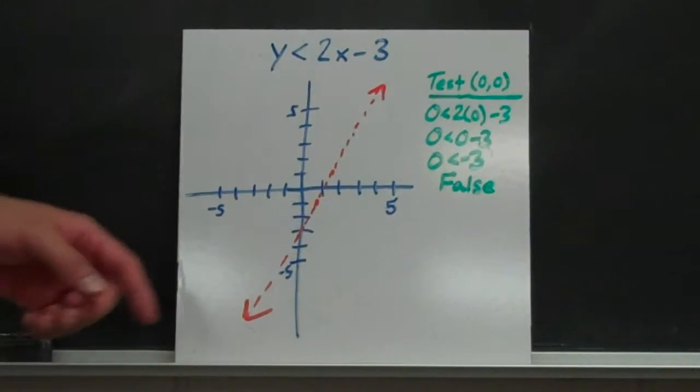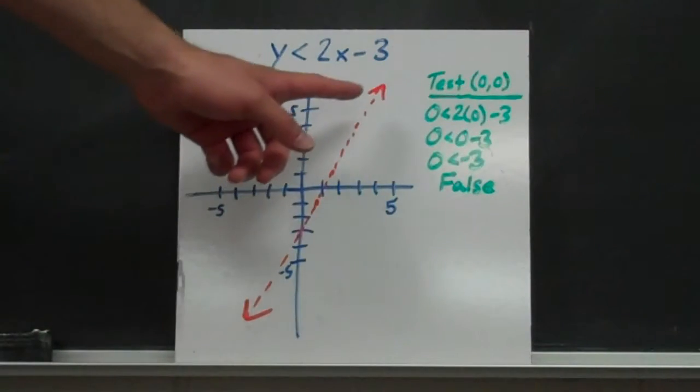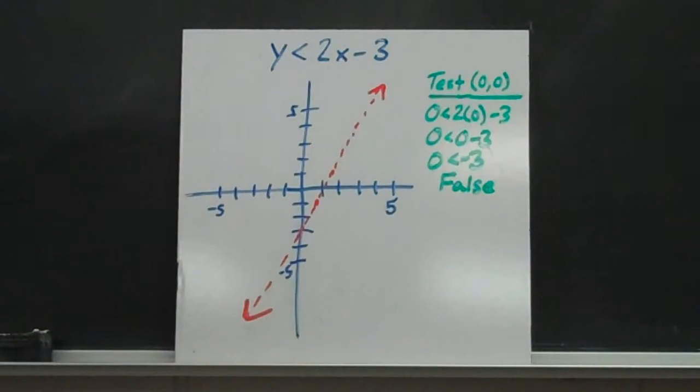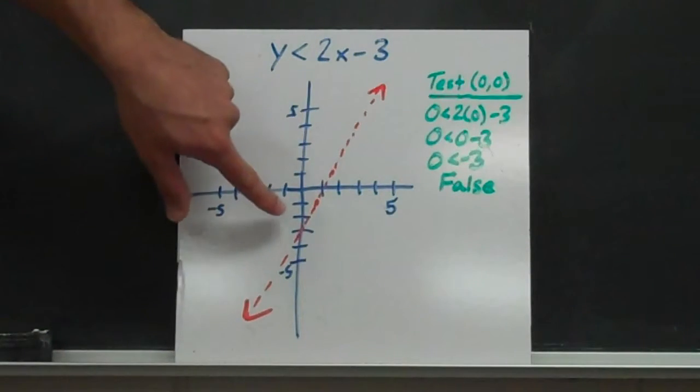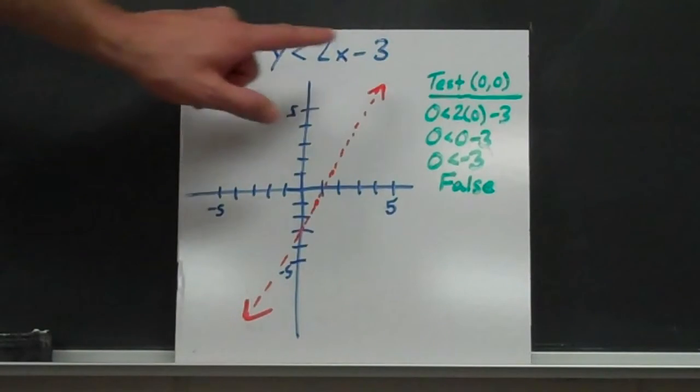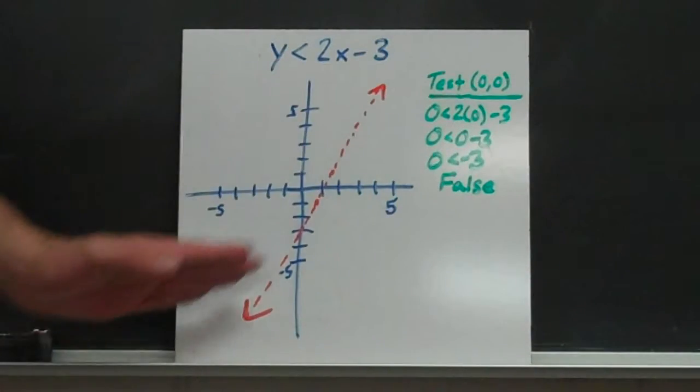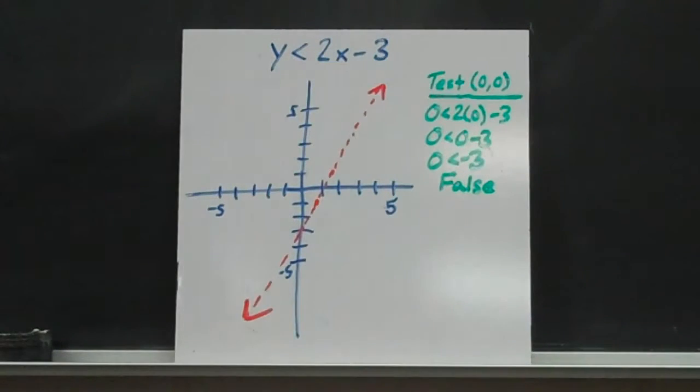Basically what that means, any point on this line will not make this inequality true. If we picked a point on this line, the left side would be equal to the right side. But we don't want equal to, we just want less than. So we make a dashed line. After we make the dashed line,